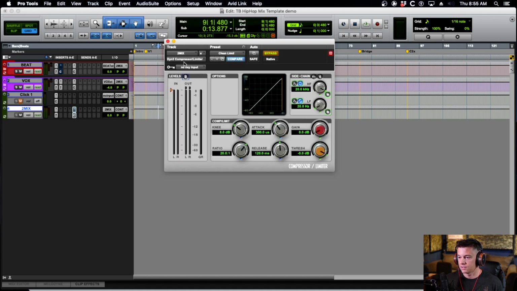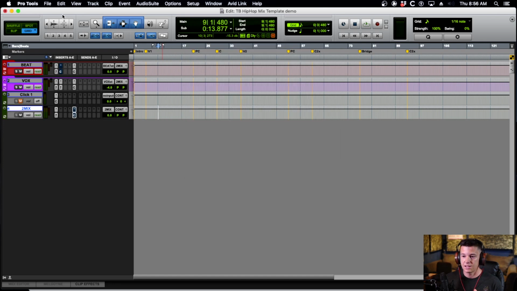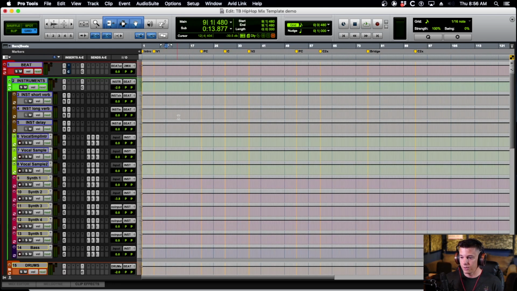And then we've got just a very gentle limiter just to keep you from going over 0, because you know you're not going to want to do that. You can unbypass this if you're scared about going over. You can also add a little bit of bus compression. So all this to say, you should be able to import your audio to this, figure out the tempo, and